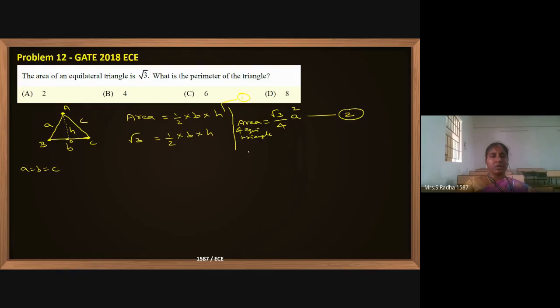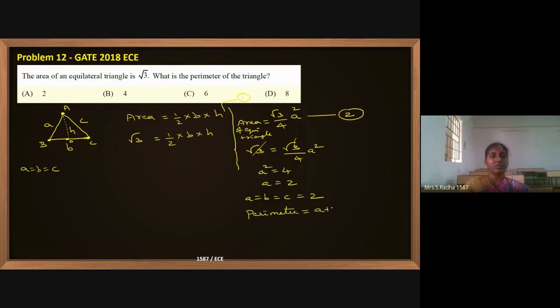Now, this is already given in the question, root 3 divided by, this is the value. And if you cancel this root 3, a square is nothing but 4, so the a value is 2. As I said, a value, b value, c value are all the same. This is equal to 2, and the perimeter means